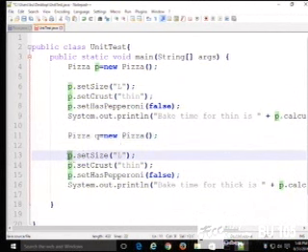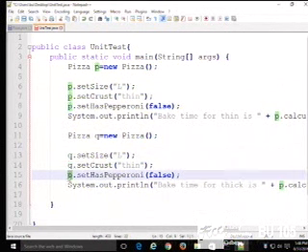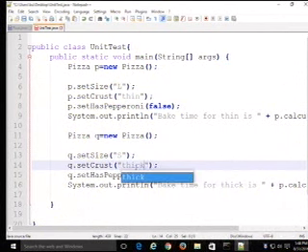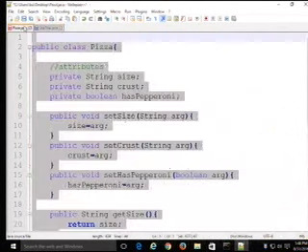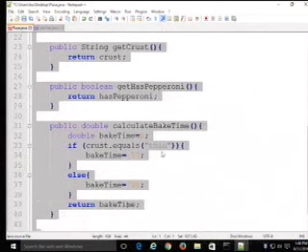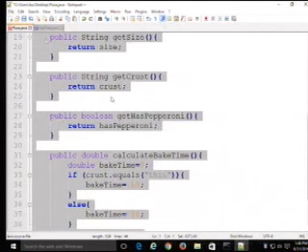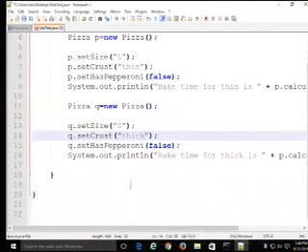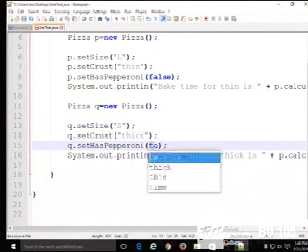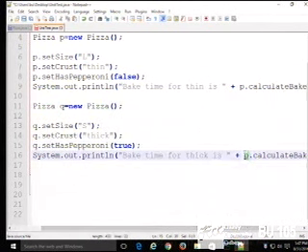So I'm going to make another pizza, set the properties for that, and ask for that pizza's baking time.